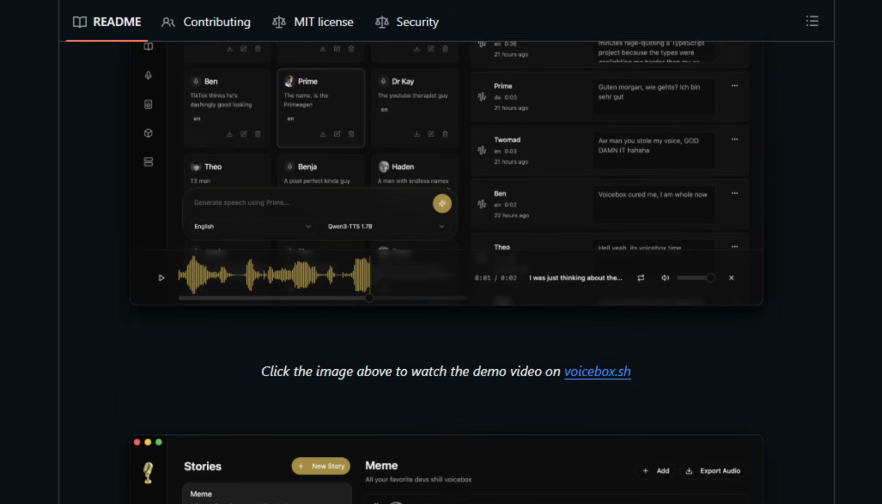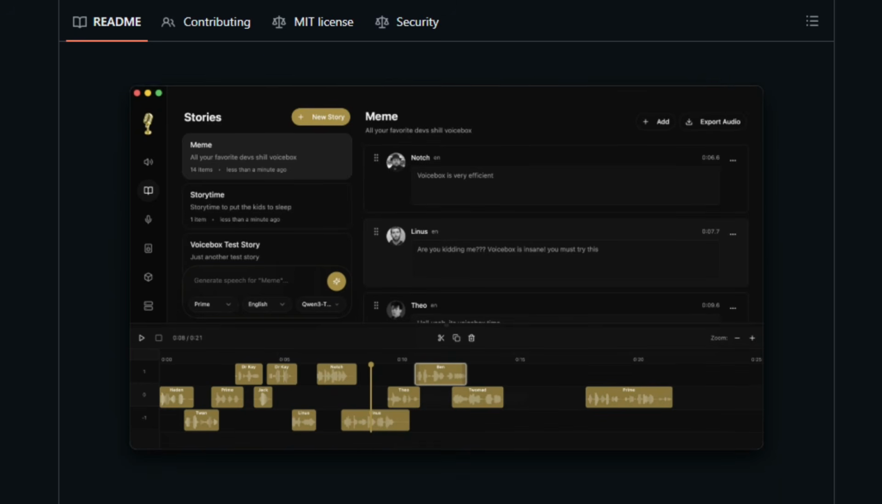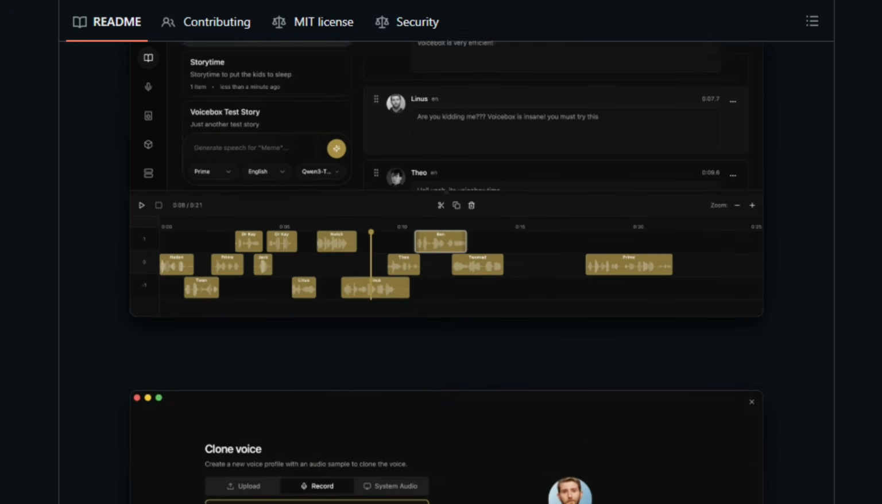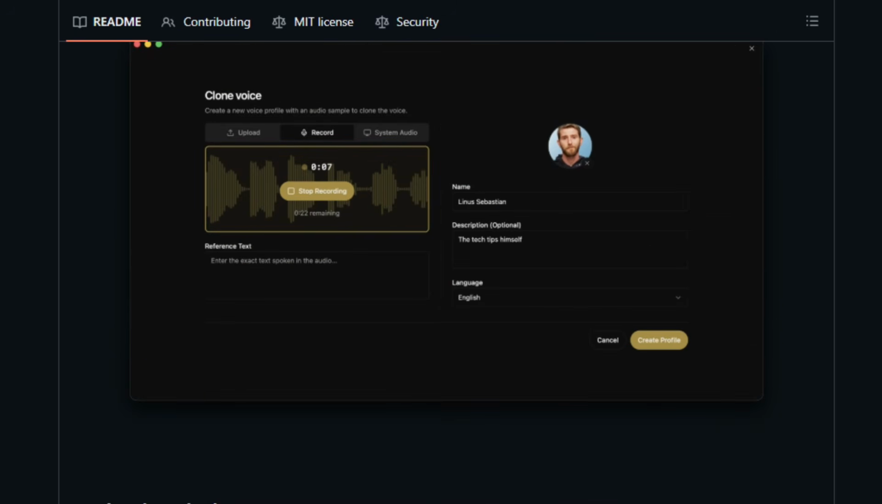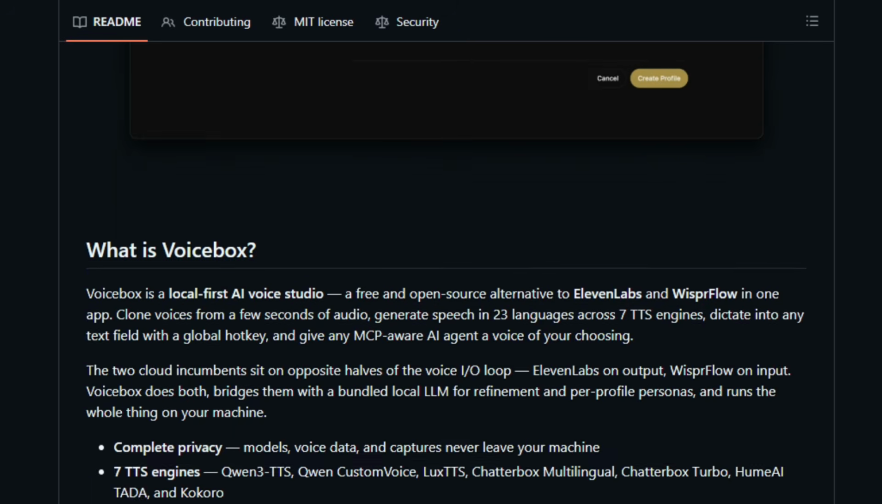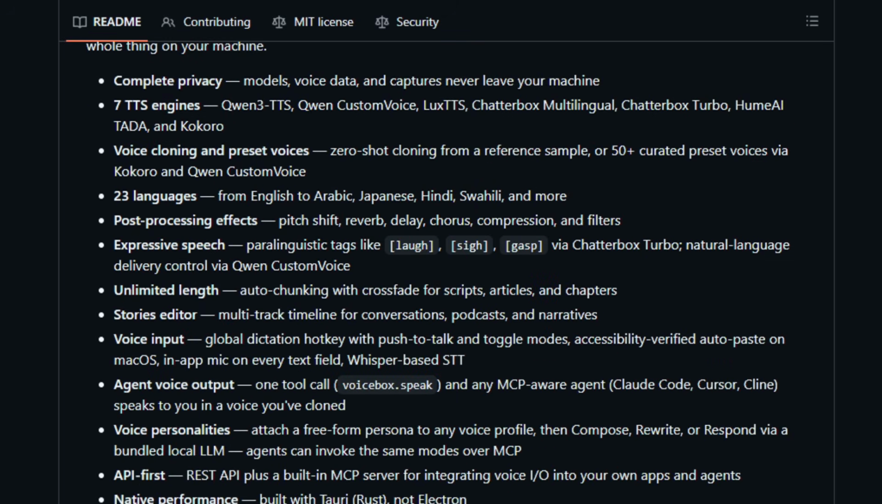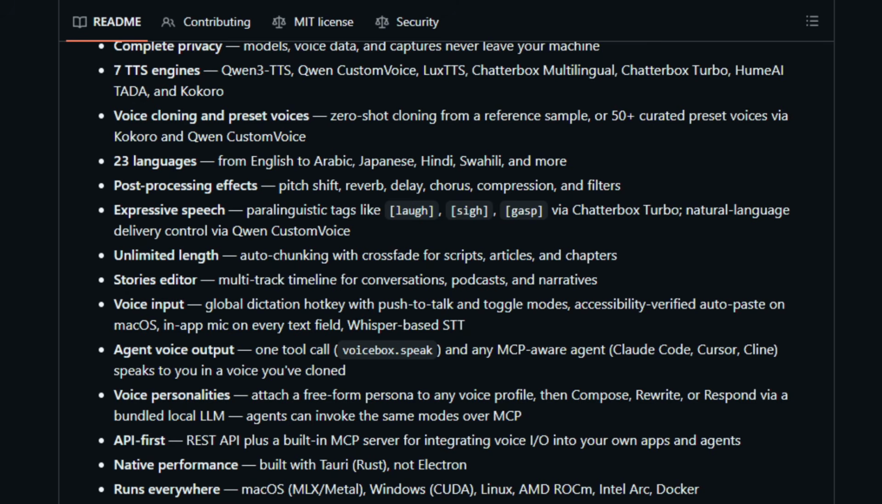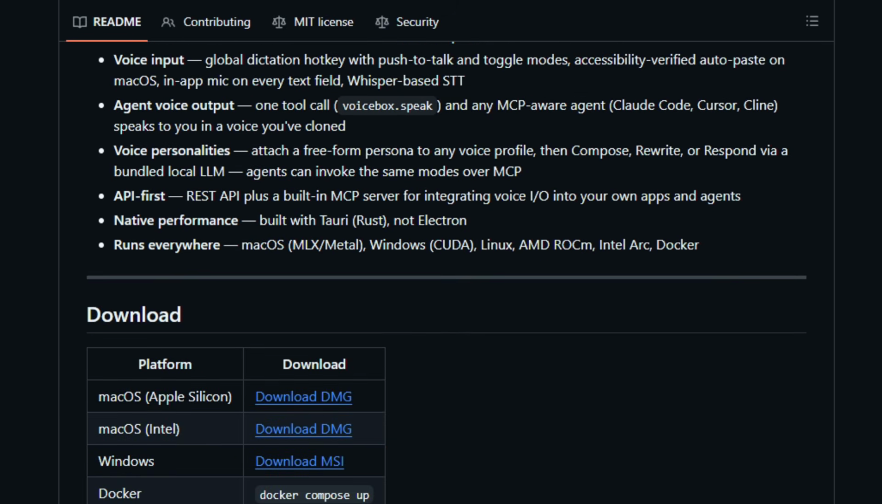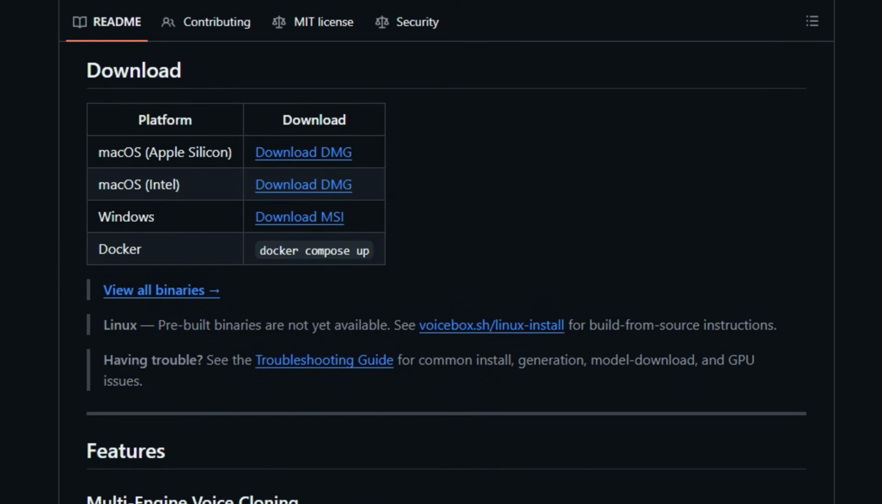The README describes zero-shot voice cloning from just a few seconds of audio, text-to-speech in 23 languages, a global dictation hotkey that lets you talk into any app, and an MCP server, so your AI agent can speak in a cloned voice. Think of it as a free, private alternative to paid tools like ElevenLabs and Whisper Flow bundled into